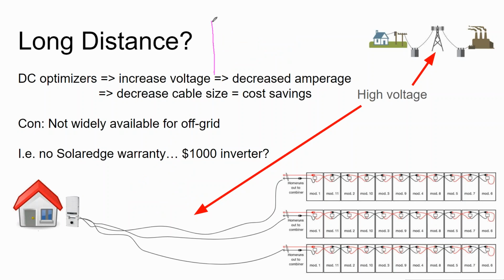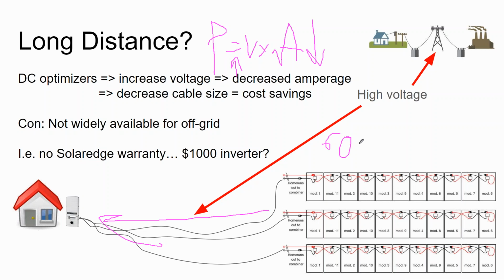And so what that means with power equals volts times amps, if we have a very long distance to go, what we want to do is increase our voltage and decrease our amperage. And that's why I like 600 volt charge controllers, because I can take that 600 volts back from the array and locate my charge controller at the house. Or if it's a 3-story building, the solar arrays on the roof, the charge controllers in the basement, even that distance from the roof to the basement, it's better to do in higher voltages.